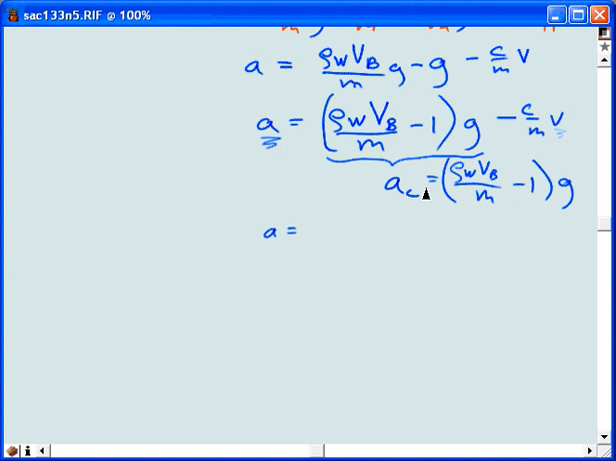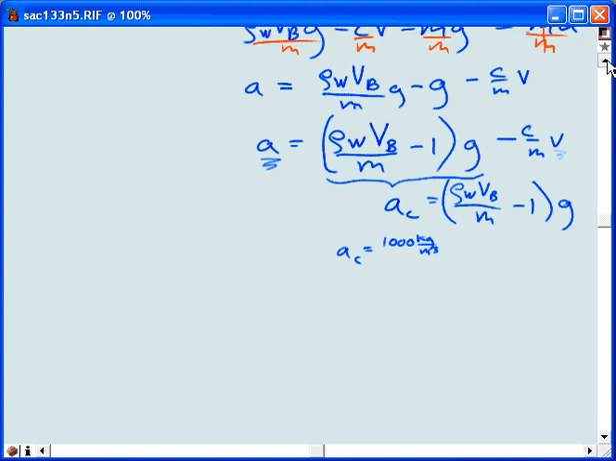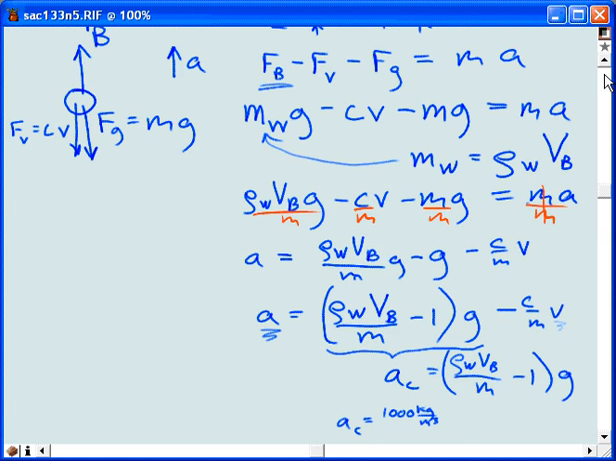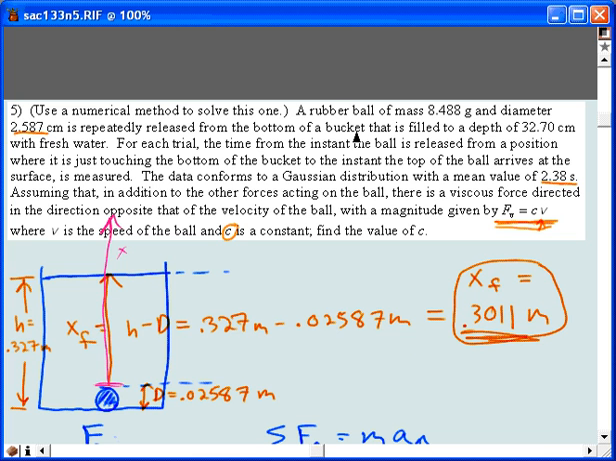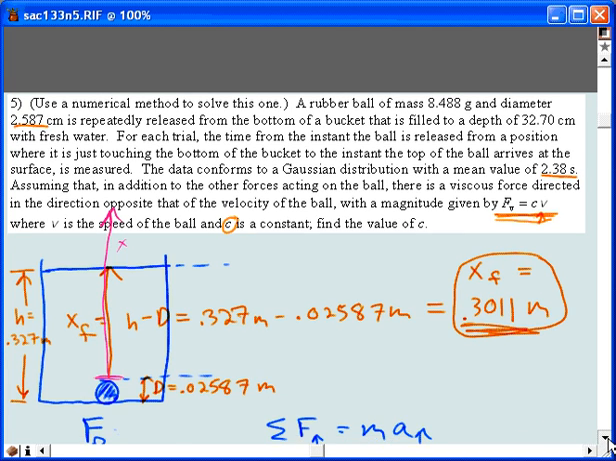I'm sorry. I want to go ahead and evaluate that. A sub c, indent that just a little bit. I'm worried about running out of room. Let's see how small I can write. It's equal to 1,000 kilograms per meter cubed, there's the density of the water, times the volume of the ball. I think I'd like to cut down on how much stuff I've got to substitute, so I'd like to go ahead and solve for that separately. It's got a diameter of 0.02587